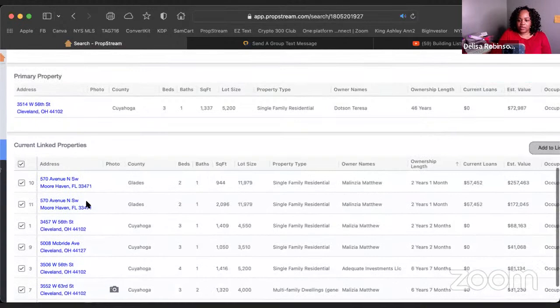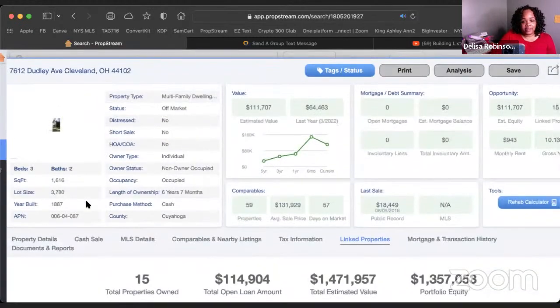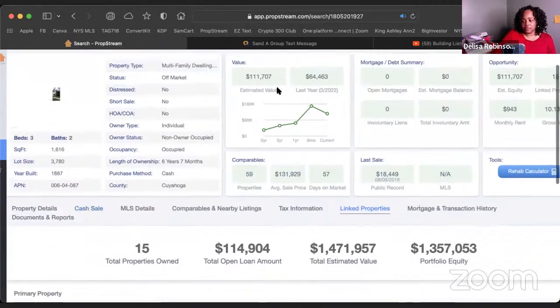Now, we are going to stop there for the day, only because, I'm gonna be honest, my phone's about to die. So we're gonna stop there. I'm gonna come back tomorrow afternoon, probably around 2-ish Eastern time, which would be 1 o'clock Central and 11 a.m. on the West Coast. I'm gonna come back then. We're going to talk some more about this because I want you guys to understand how to use PropStream.